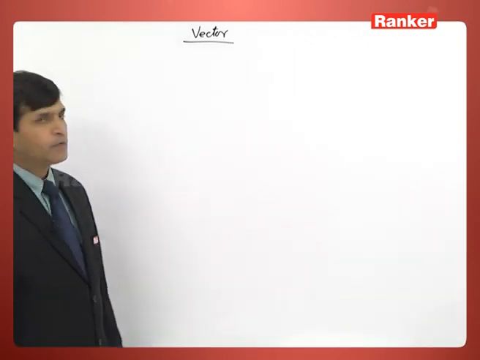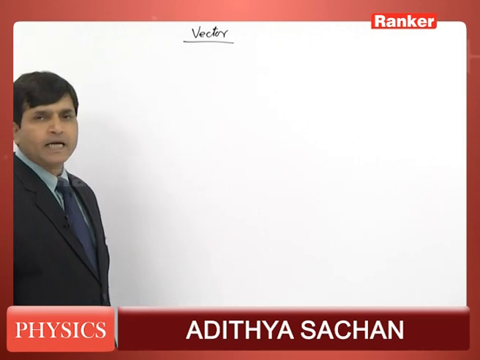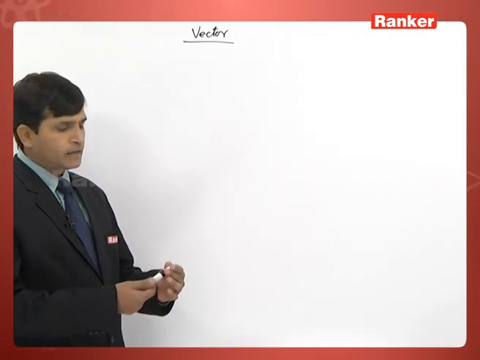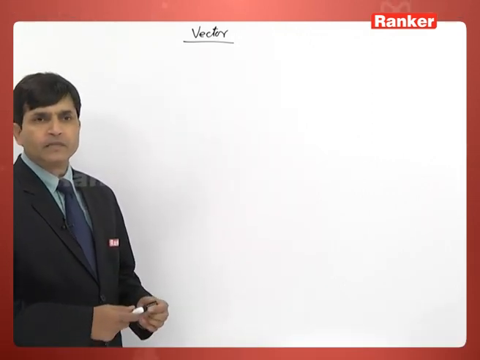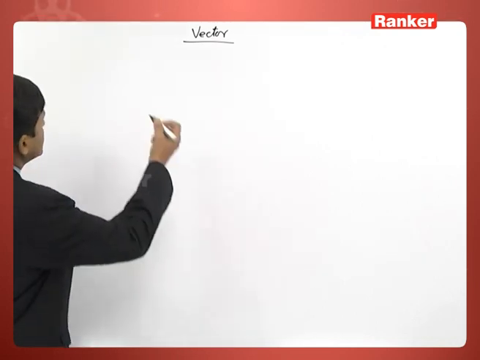So today we will discuss vector quantities. A physical quantity can be divided into two parts. One can be called a scalar, another is a vector. So we can write here: